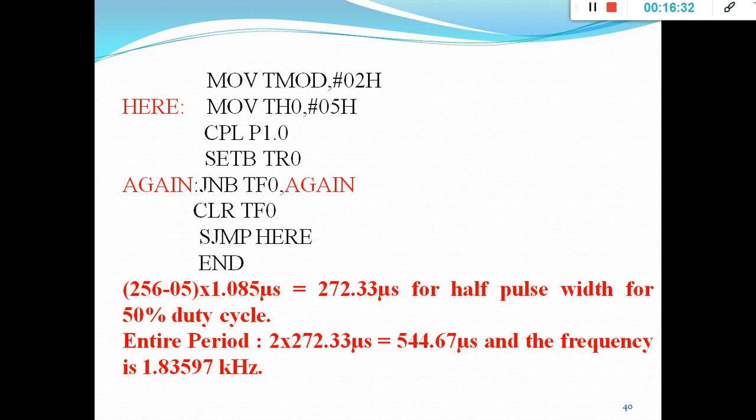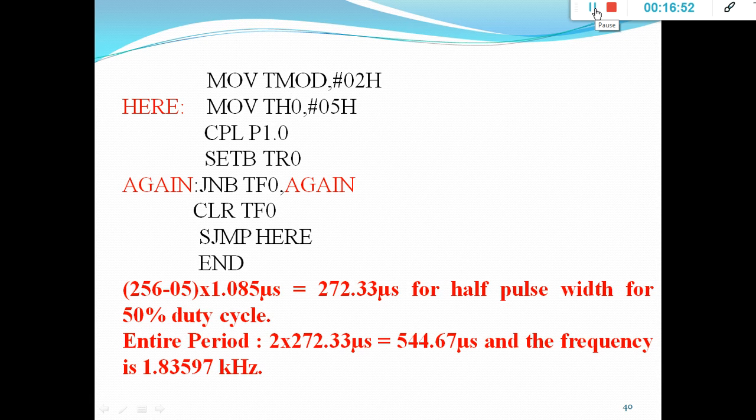The frequency is 1 divided by this T, which gives 1.83597 kilohertz. This is how you calculate the frequency by using the time delay, and how to calculate the time delay by using the initial count.